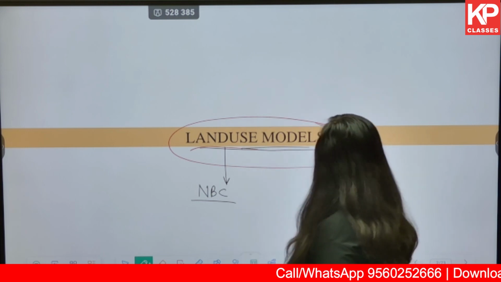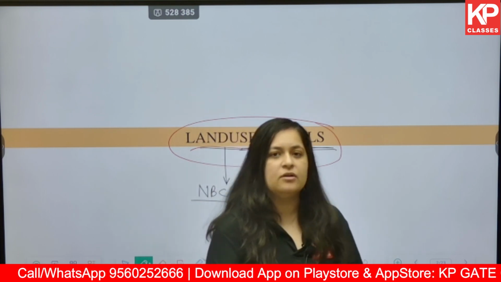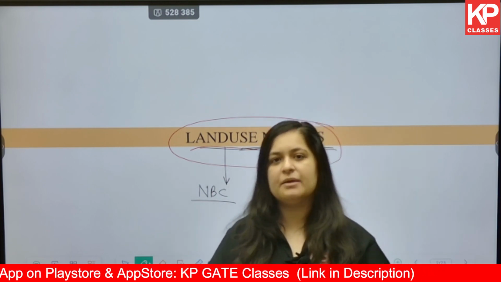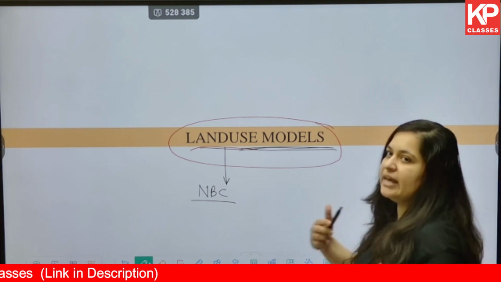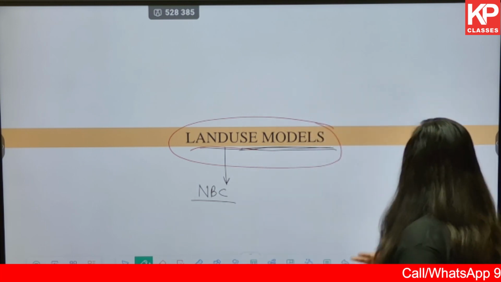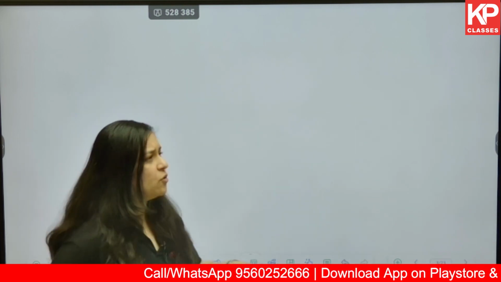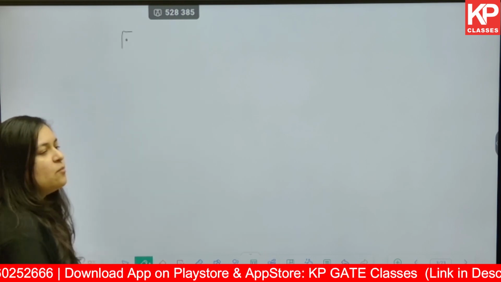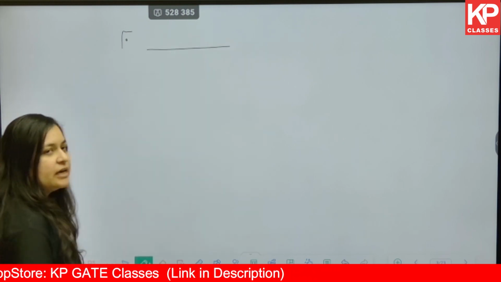Now, under these land use models, which were given a few decades ago, a study was done on the city of Chicago, and based on this study, various theorists came up with their observations and theories as to how a city develops, or how the growth of a city is with respect to the land use. In today's class, we will be focusing on the concentric zone model, or the concentric ring model, which is given by Ernst Burgess. This we will be discussing in brief today.